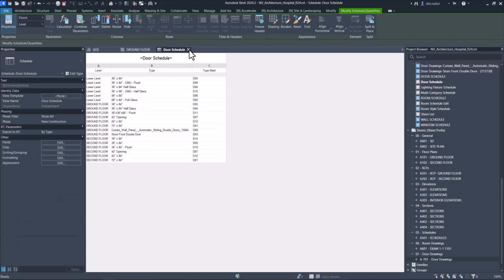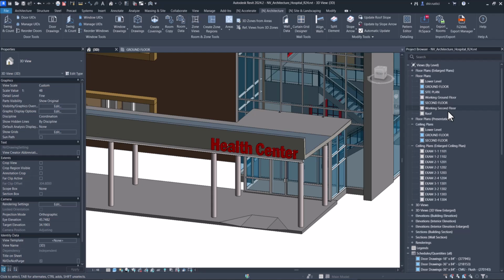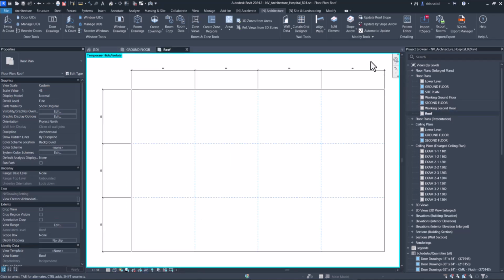And the last improvement is to our roof slope feature. Previously, the roof slope feature only provided an annotation family in metric units, and if you were working in the imperial units, you would have to modify that annotation family for imperial units. Now we provide both imperial and metric, and it automatically adjusts based off of the project units.